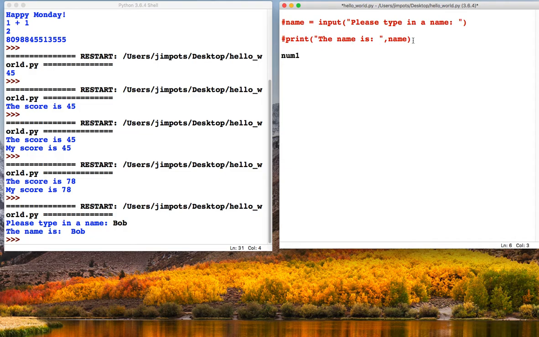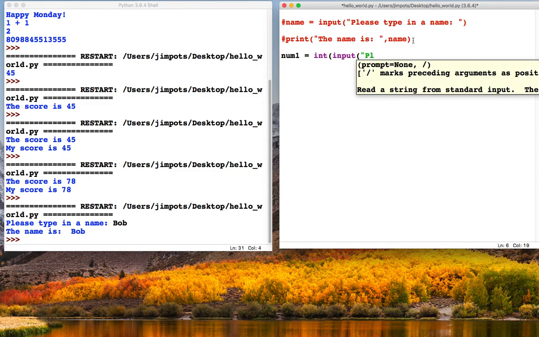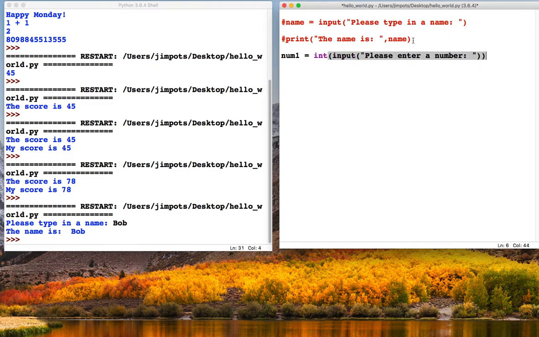So I'm going to go num1, which is the variable name, and we've got a slightly different setup here. I'm just going to type the line first, and I'll explain what's going on. Please enter a number. So what we've got here is we're asking for an integer input, and the reason we want an integer input is because we want to do a calculation.